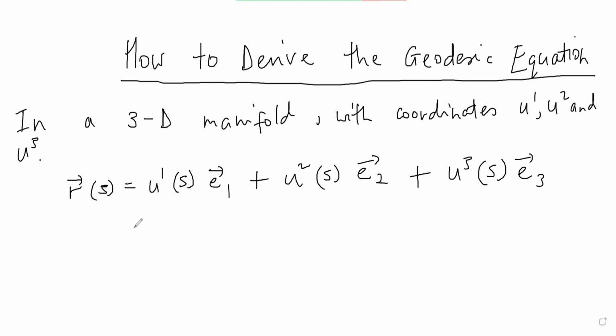Now, you can express this position vector also using index notation. You can express it in the following way. You can express it as U^i by E_i. You can also express it like this. This is using index notation. All right, so you can also do this. Now,